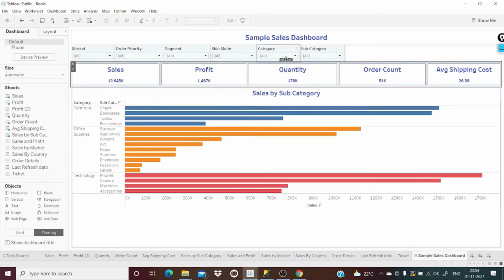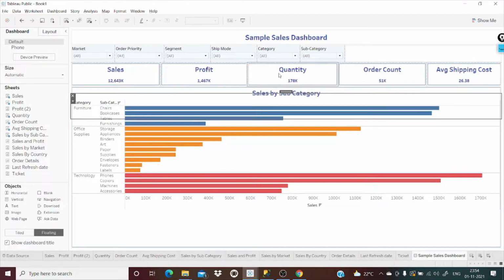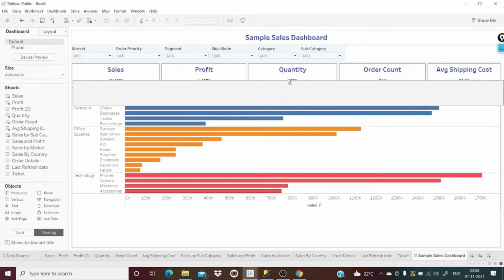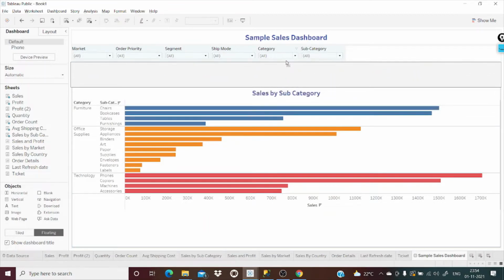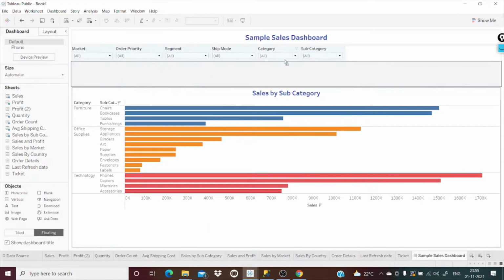I'll just show you. I'll drag this one down. See these lines and all? Instead of that, we can just drag the blank object on top of these sheets so that it looks good. Not on top of that.